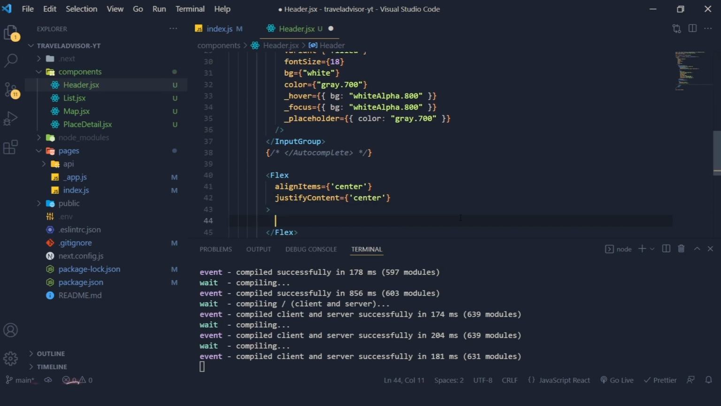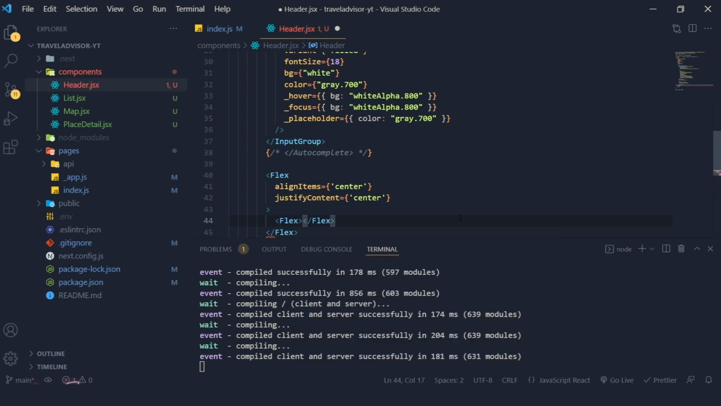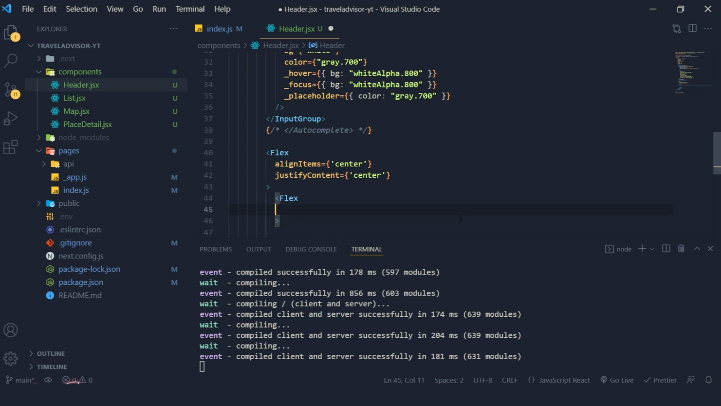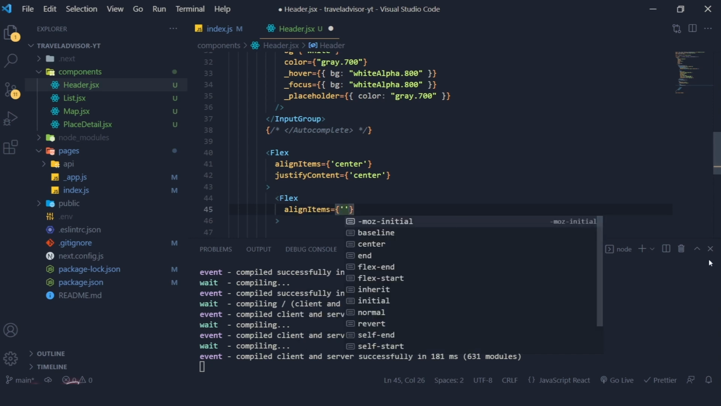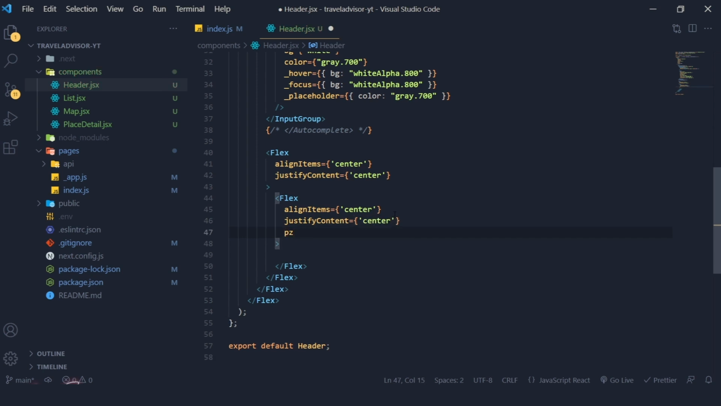Okay, and inside this flex box we are going to create one more flex. This is for our ratings. Inside this only we are going to create the ratings. So let me create a style for it first. So align items center and justify the content center, and the padding px